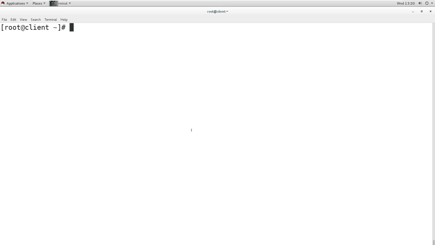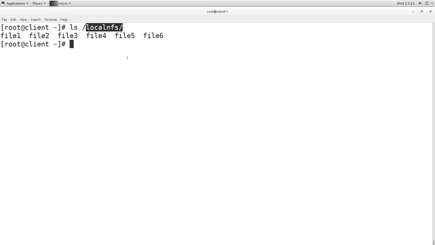AutoFS will do what? It will mount the partition based on the requirement. For example, I have shared some directory, and I have configured it to mount on this directory, but it will not mount until it is required. If nobody is accessing this local directory, the mount point for that share, it will not mount anything.